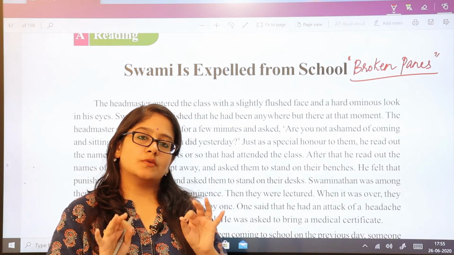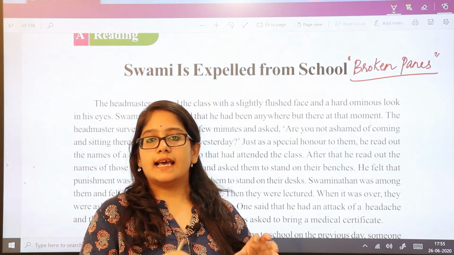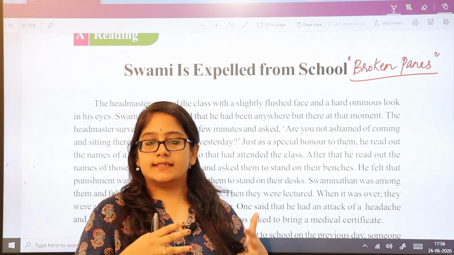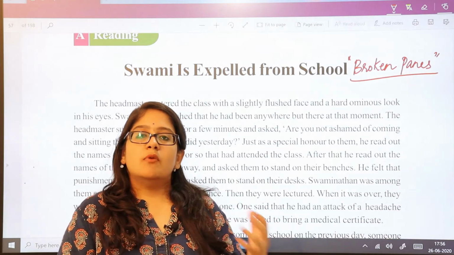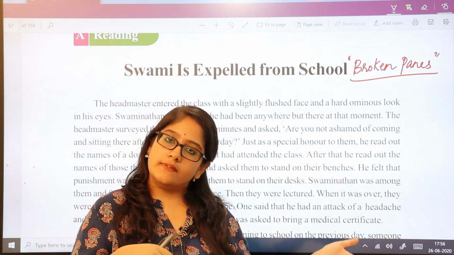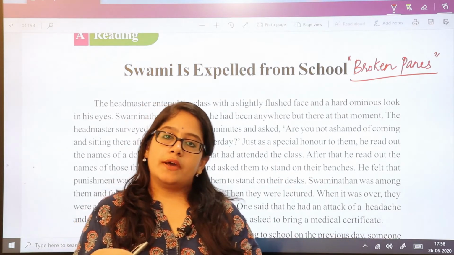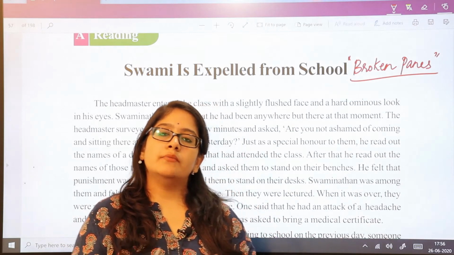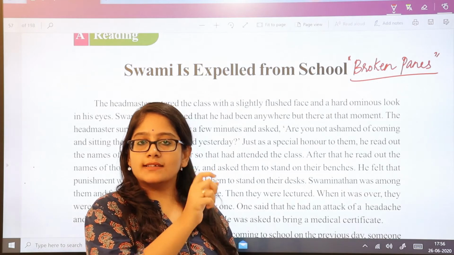The school was going on as usual, but these people who were protesting start shouting, demanding the headmaster close down the school for the day. Some of the children were still inside the class, while others joined in the protests. Now Swami notices that a high school boy was pelting stones at the school class window.